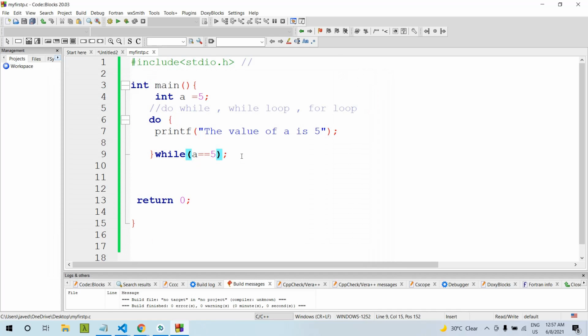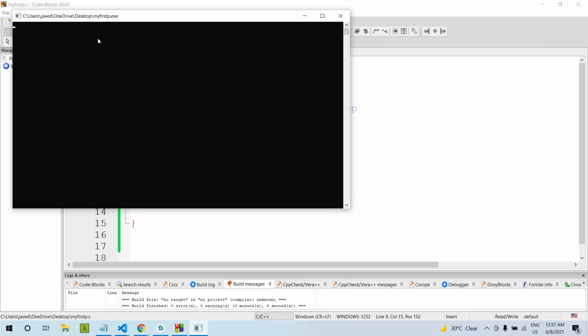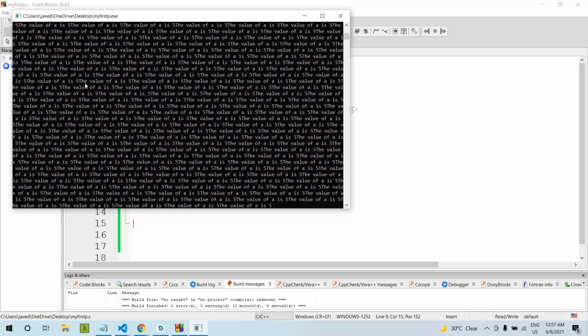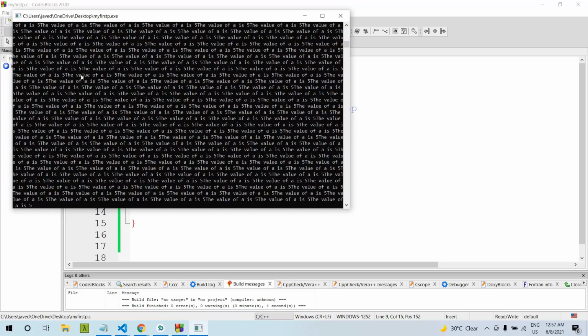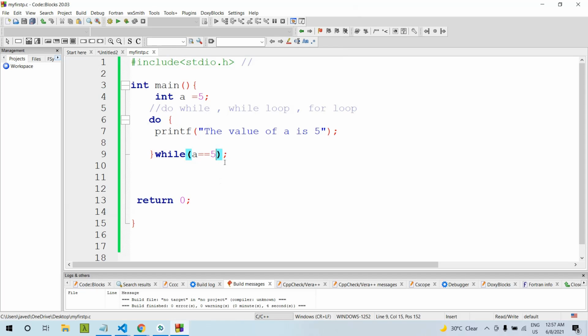This loop will run infinitely. It is not showing any output, it is getting hung up. You can see over there the value of a is 5, 5, 5, 5. The loop will run infinitely. So this is the difference.